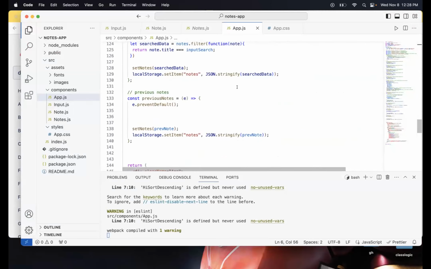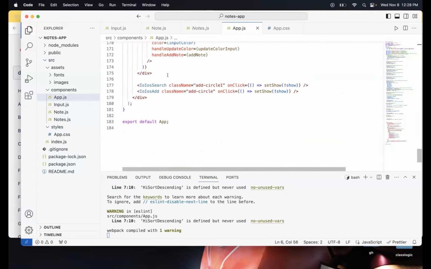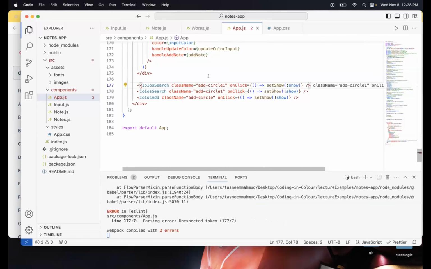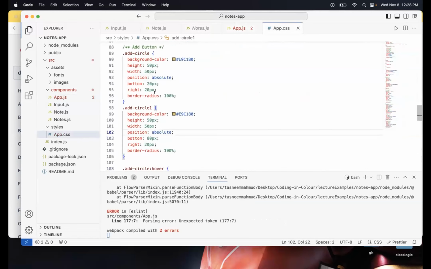That being said, now what we can do is we can add it over here. So why not copy this, paste this, change this to what I want. I have to change the CSS as well so that it doesn't get covered by the previous buttons or the icons. It's not really a button, to be honest. Okay, so let's go to app.css. I'm gonna do this again. Command C, V.